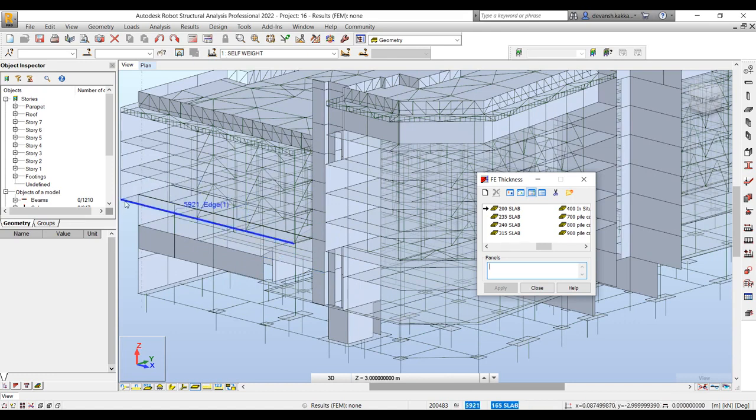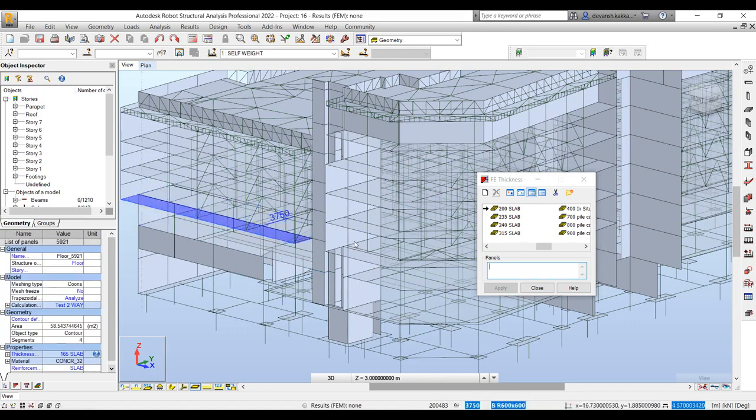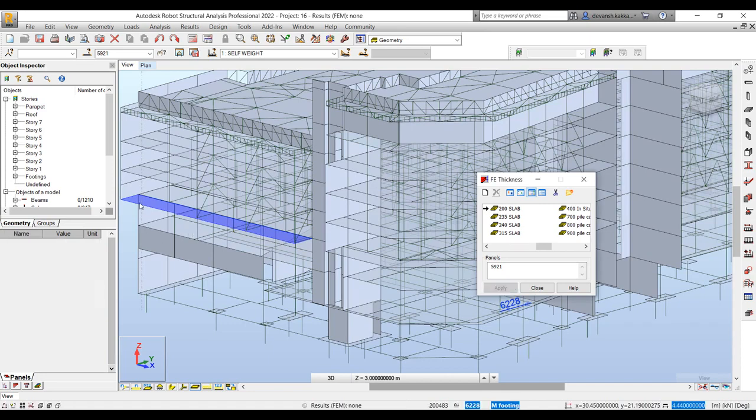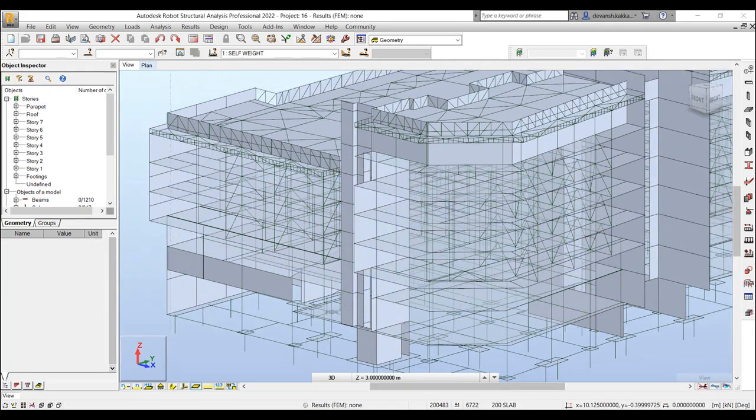So I can just quickly select the element by selecting the edge and then associate that property to the element. Again, there are different selection tools which are available which also simplify the process. We'll have a detailed discussion around it in the later part of the series.